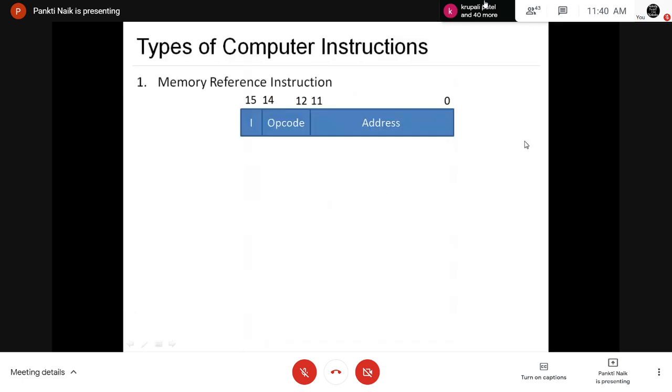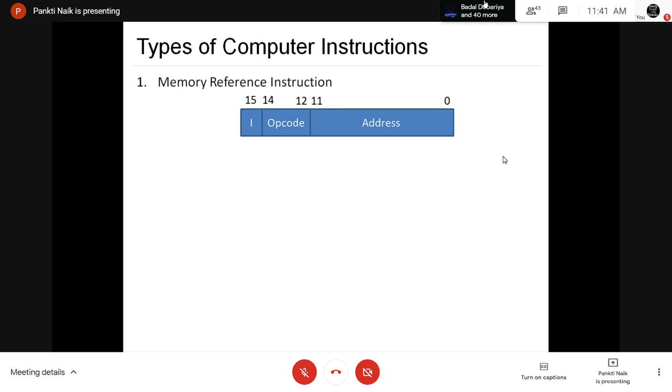Now next is computer instructions. A basic computer has 3 instruction code formats, and each instruction format has 16 bits. The opcode is a part of the instruction and contains 3 bits, and the remaining 13 bits depend on the operation code. So the first type of instruction is the memory reference instruction.